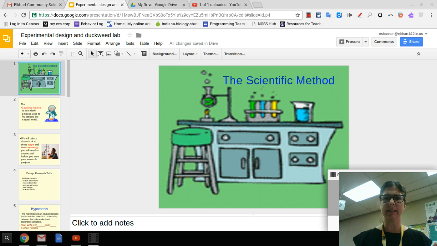Today we're going to be looking at the scientific method and we're going to go into detail on experimental design. You will need two things. You will need a pink sheet called the research design table. I have them in the classroom, hard copies. If you don't have this, you can add the notes yourself, but it will be easier to go ahead with